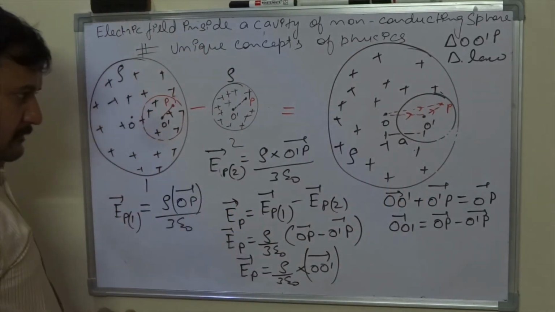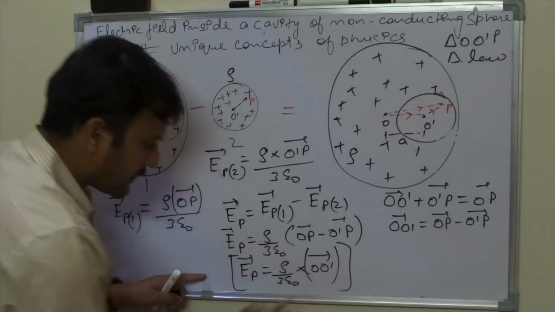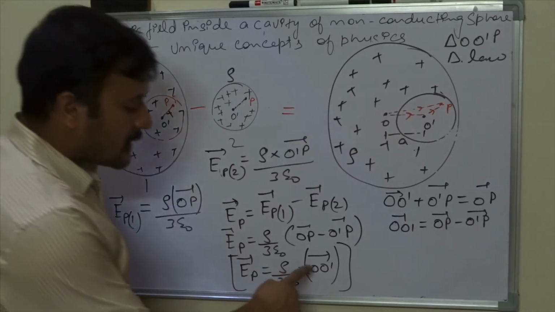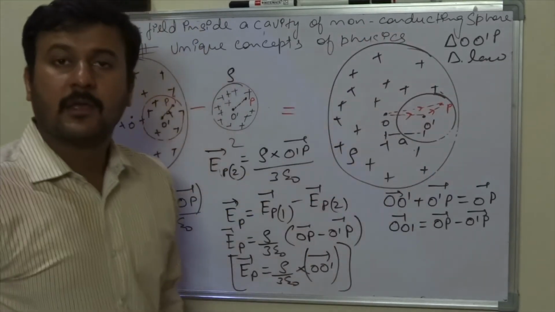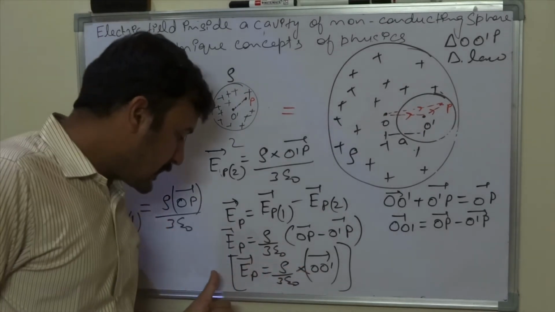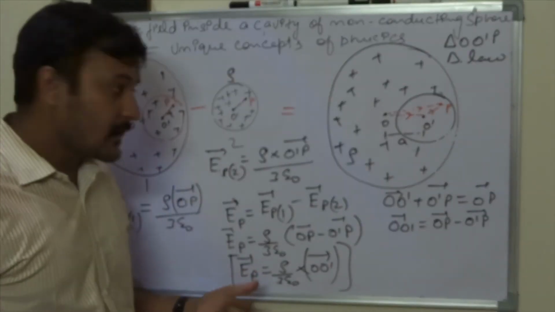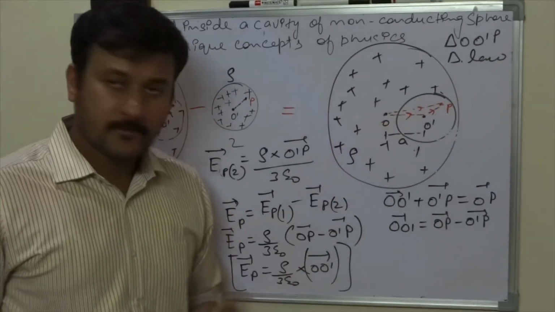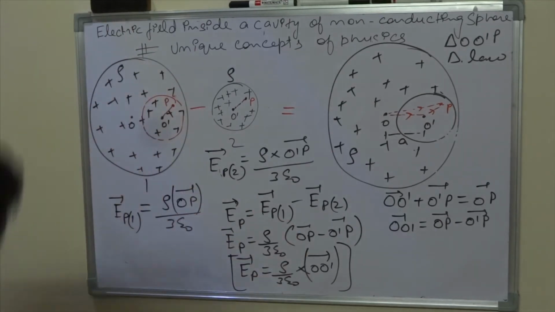So it is a very important conclusion that the electric field inside the cavity depends only on the distance between the center of the bigger sphere and the center of the cavity. This equation is also valid in vector form, and I mean to say that the direction of the electric field is the same as the direction of OO'. And I'm erasing this first sphere.